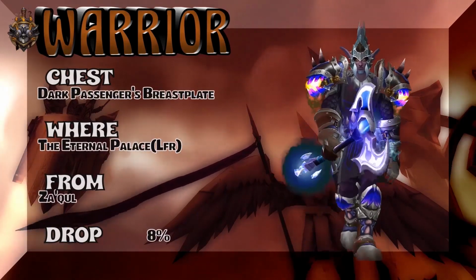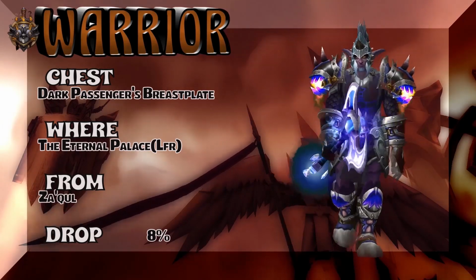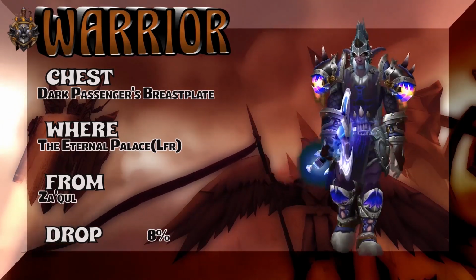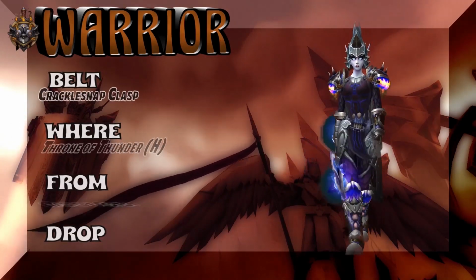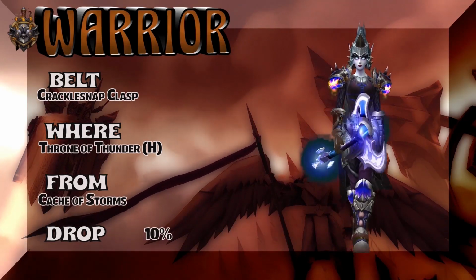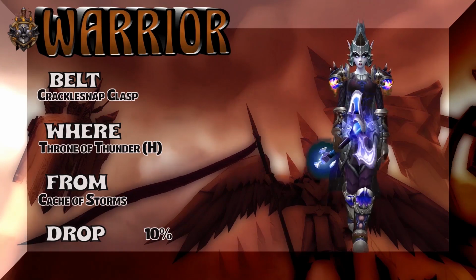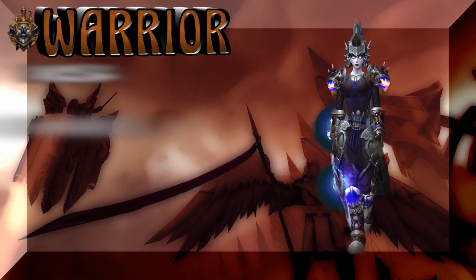The chest is straight out of the Eternal Palace LFR version. Sivara is the boss, 8% on the drop rate. Gonna basically move from the Night Elf to a Lady Void Elf. We're gonna show you the belt, the Crackle Snap Clasp, Throne of Thunder, Heroic, Cache of Storms, 10% on the drop rate. So it's got that purple, blue, silver look, and it really works for Warriors, especially with that weapon,